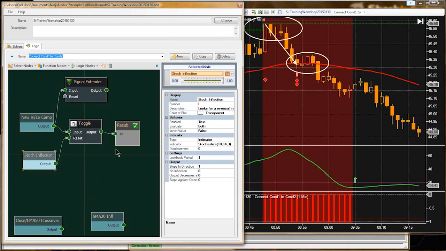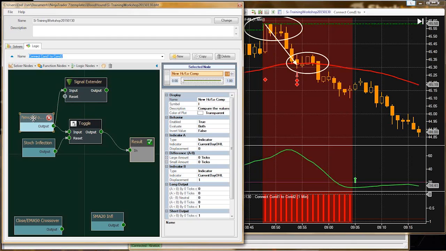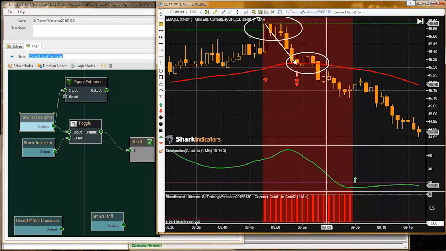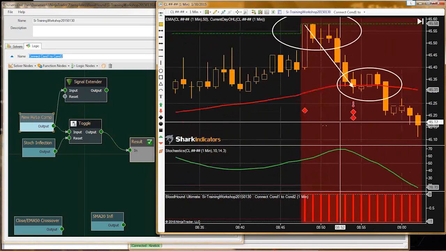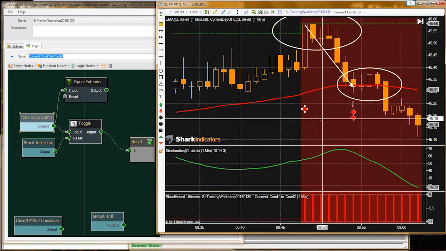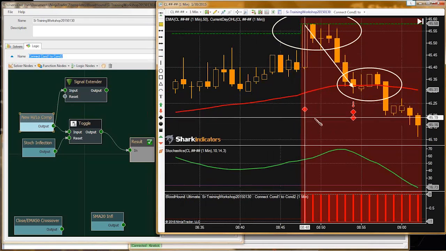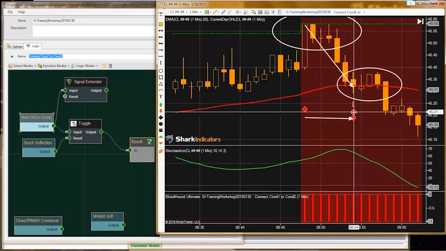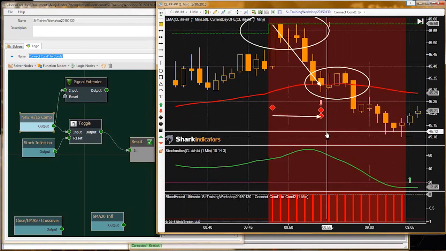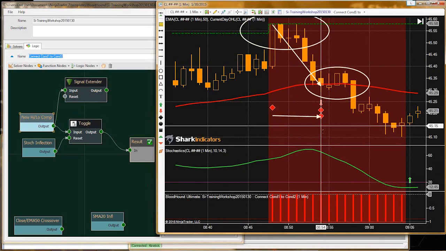Okay, so the next step. We have essentially what we did: we went through multiple steps to take condition 1 and, here we go, here's my example. So remember, condition 1 is right here, the single diamond, and we found a way to take condition 1 and extend it forward as long as necessary until condition 2 happens. Right, so we can see condition 1 has the short state on,